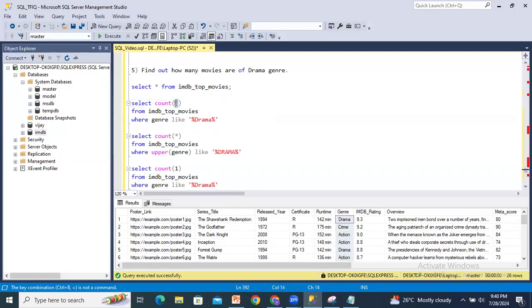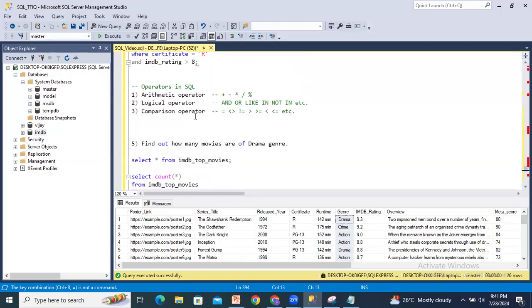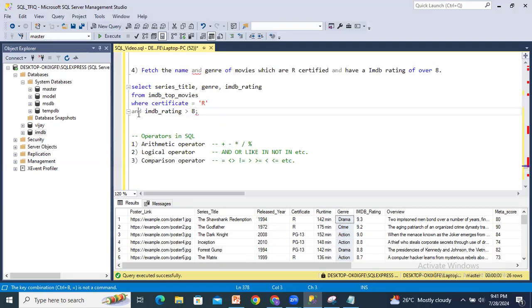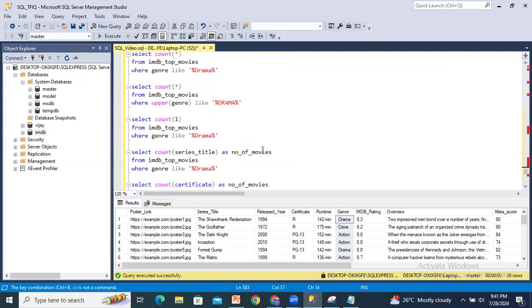Why do we write star? Star means if you mention any column name, or else you can mention star. Without mentioning column names, it will take star by default, or else you can mention 1 or XYZ, etc. Okay, we'll see that later. Select count of star from table name. And we have to filter for drama genre, right? So where genre like. Why do I have to write like? Previously we used filters like the and condition, but here I am using the logical operator like, within the